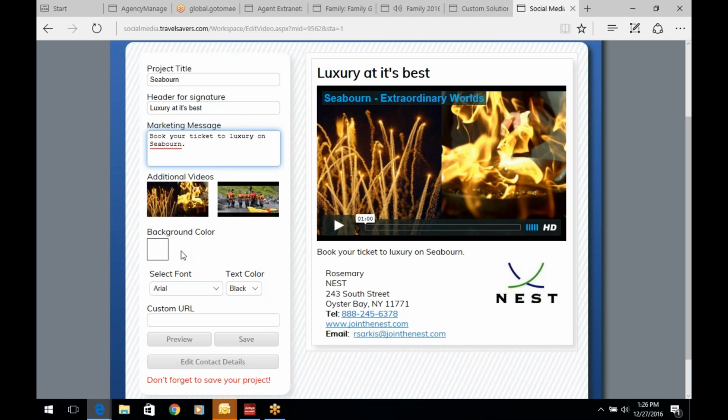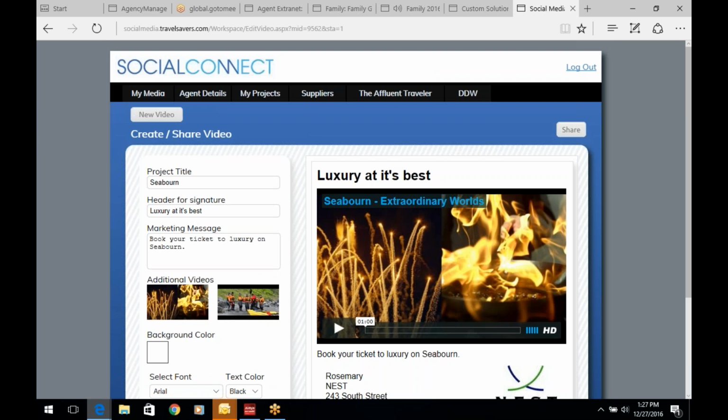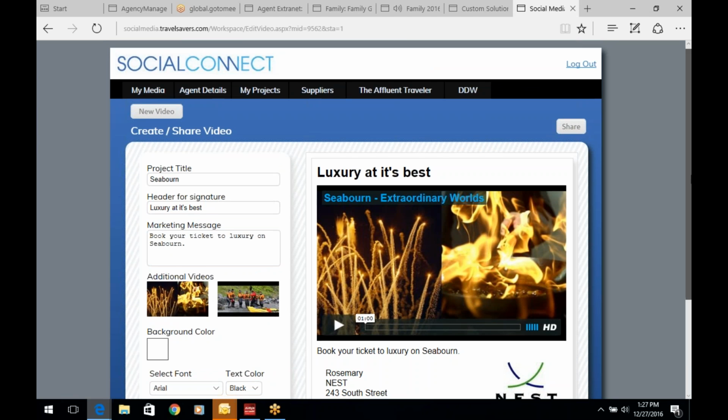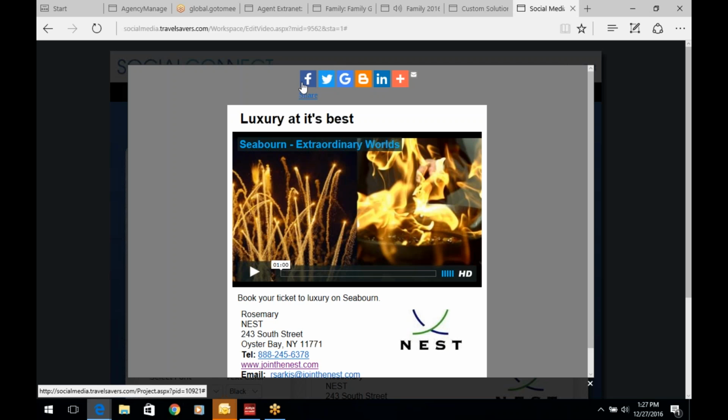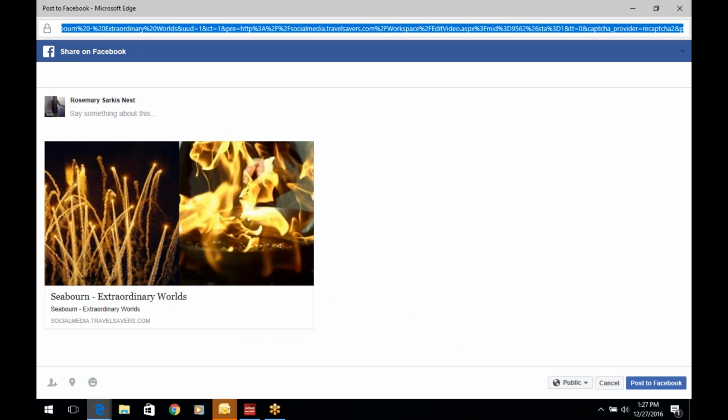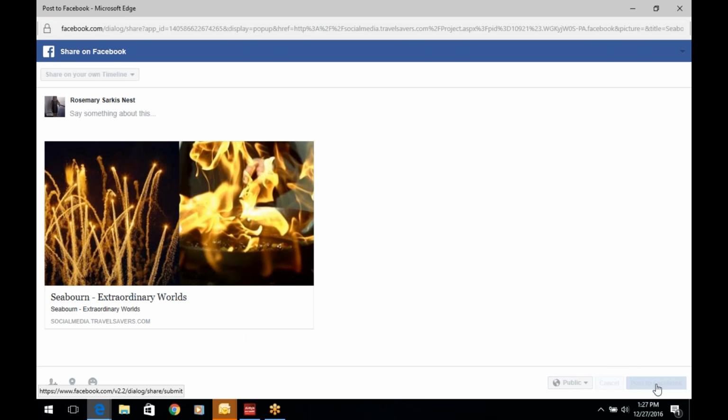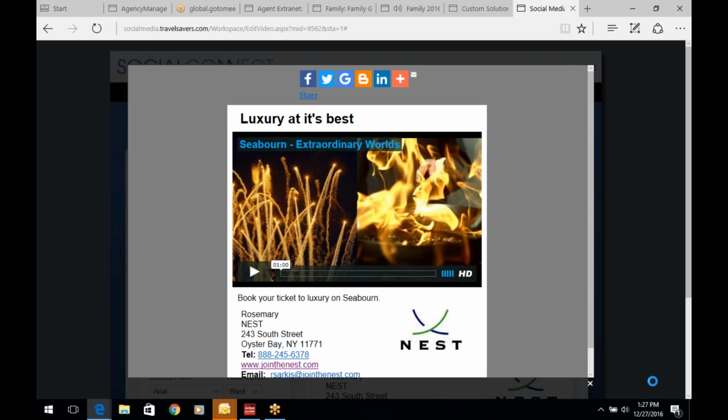Playing with this a little bit just to show you what we can do here. You can change the background color on this and the fonts and so forth, but let's say we wanted to do this. This is what I'm going to be sharing. I'll show you how it's going to look. Say I want to share this on Facebook. Now if I go into Facebook,